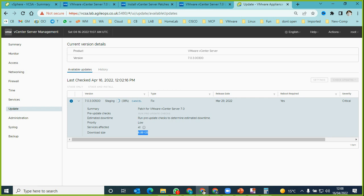Anyway, what that means is we have to keep our environment healthy. There are consequences if you don't delete snapshots, right? If you have a snapshot running for too long, it is going to eat up all your disk space. Then anything on that datastore is going to be affected. All the other VMs are going to be affected as well. They are going to go read only because there's no disk to write. The other thing is the VM itself will have performance issues, or even the ESX host will have performance issues,